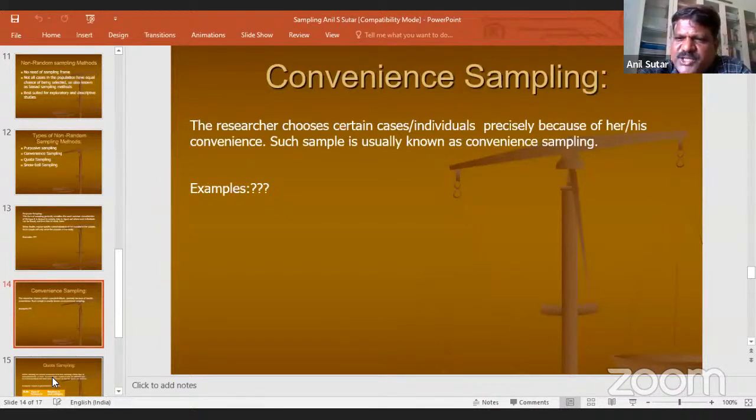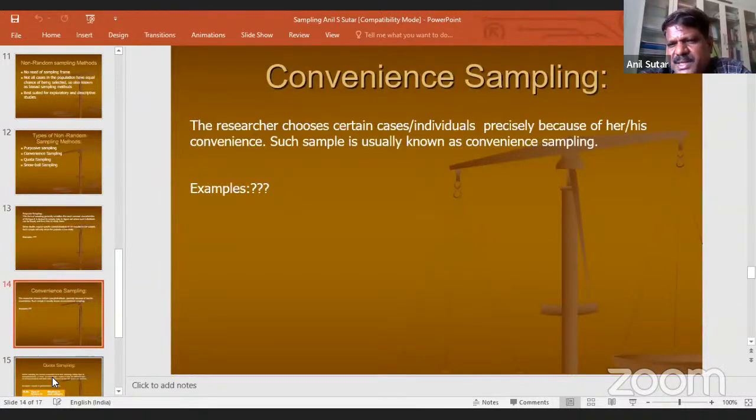Of course, there are ethical issues that for the time being I am not touching upon. There are protocols that actually prohibit doctors from doing research on their own patients. It has moral issues also, and it has scientific issues also. Similarly, teachers using their own students, their own college students, or teachers using their own school students for their survey.